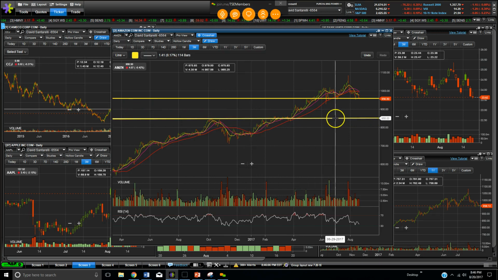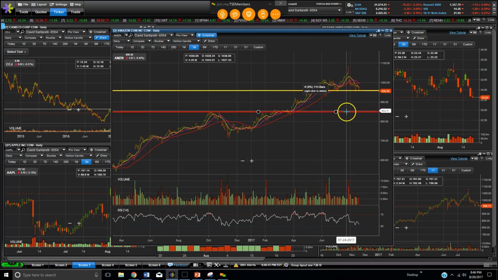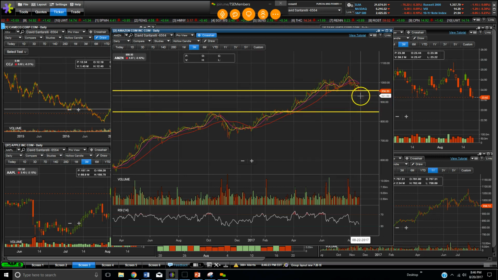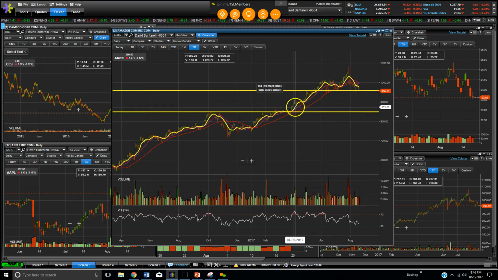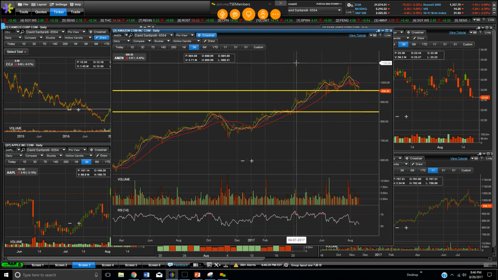Here's our next area of support if it does cross below this support level. So this level here then is right around 850. So if it crosses below 955 and closes below that, we have another 100 points that Amazon can drop before it gets to the next support level. So this is really important, and like I said, Monday and Tuesday, if we see another triple-digit decline in the Dow or NASDAQ takes a big hit again and stocks close below,